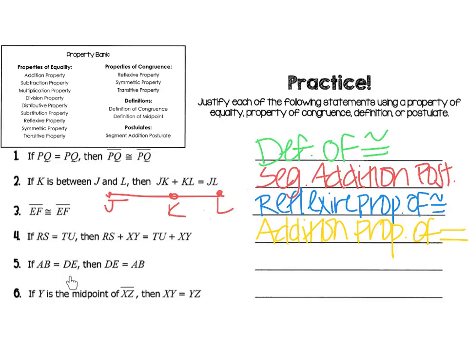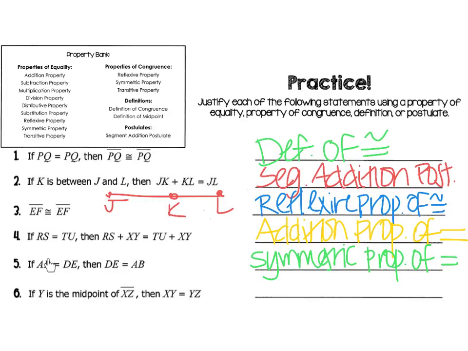And then because there's an equal sign in there, not a congruent symbol, this would be symmetric property of equality. All right, so we would write symmetric property of equality. And another key way we can recognize that this is of equality is we don't have the little